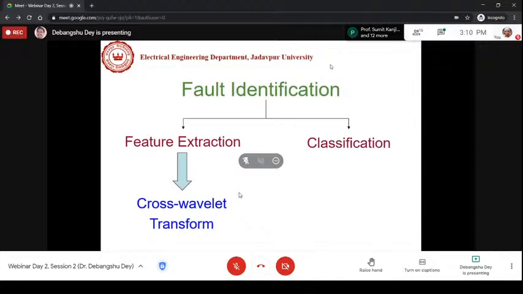From the naked eye, from manual observation, it may not reveal much important information, so we apply a signal processing tool and extract certain information from it. Here we are using the cross wavelet transform, and whatever may be the tool,